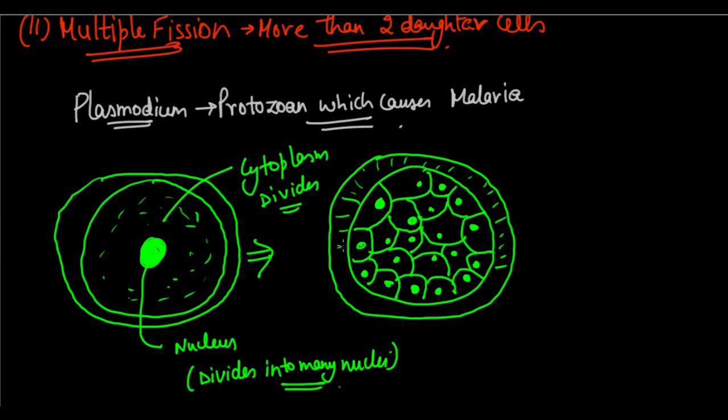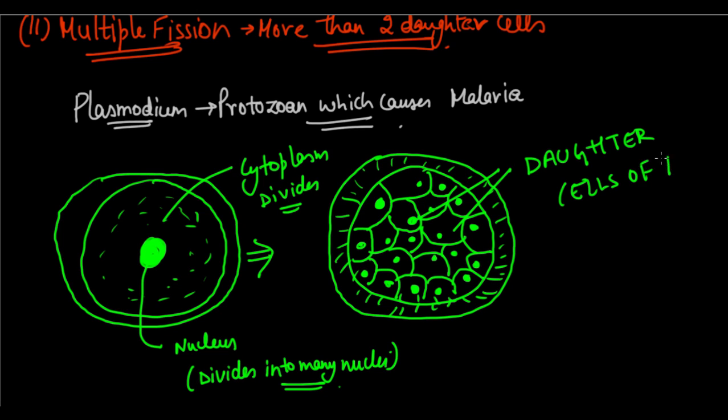And these Plasmodium are very, very clever. These daughter cells of the Plasmodium are really, really clever. They're just waiting for their chance. Once this coating breaks, voila, they are going to distribute and spread the disease. So these are all the daughter cells of the Plasmodium. So you see, that Plasmodium cell is dividing into many, many daughter